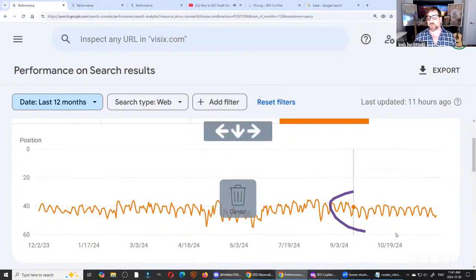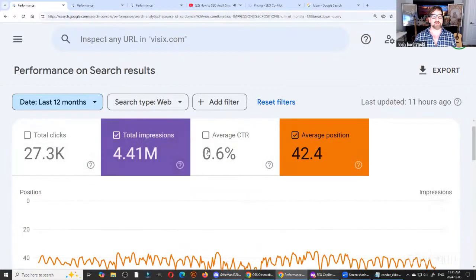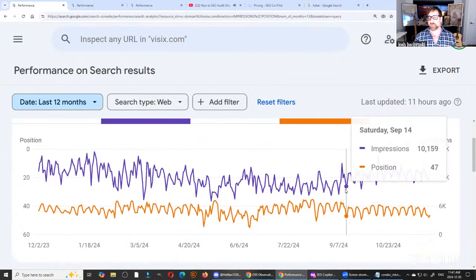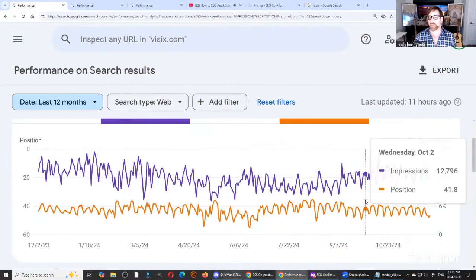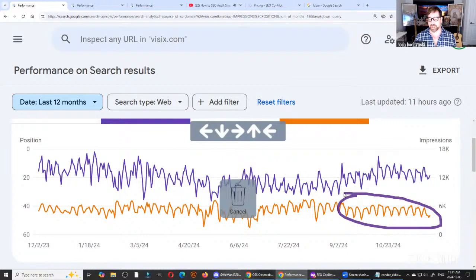But that would be a mistake. You need to compare the orange line with the impressions line. If the impressions are going up and this is going down, then that means you're ranking for more pages.